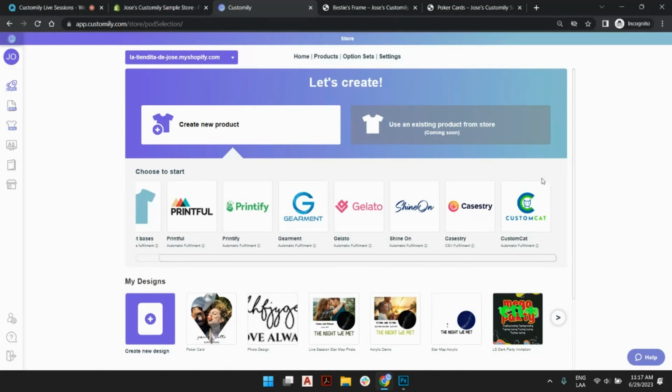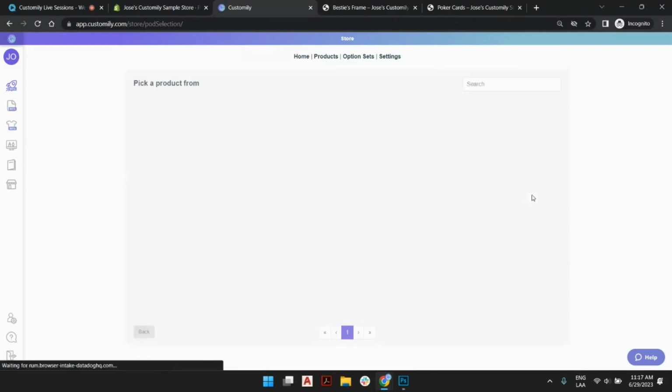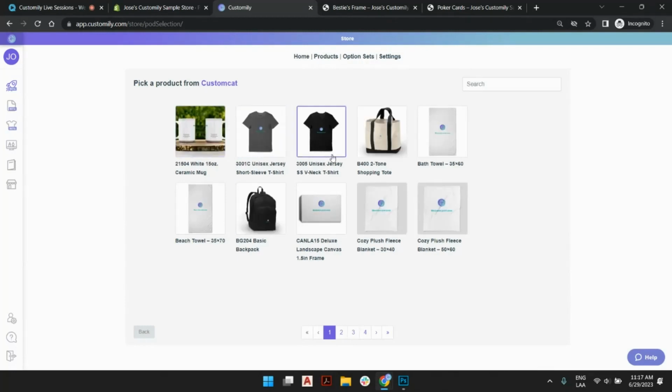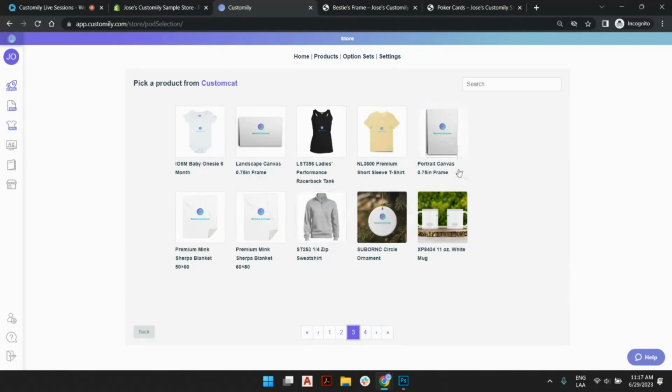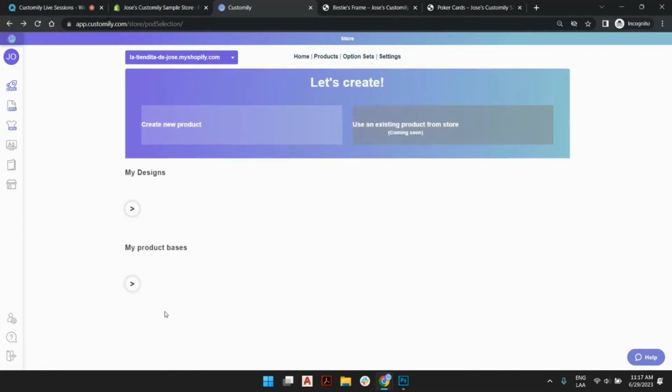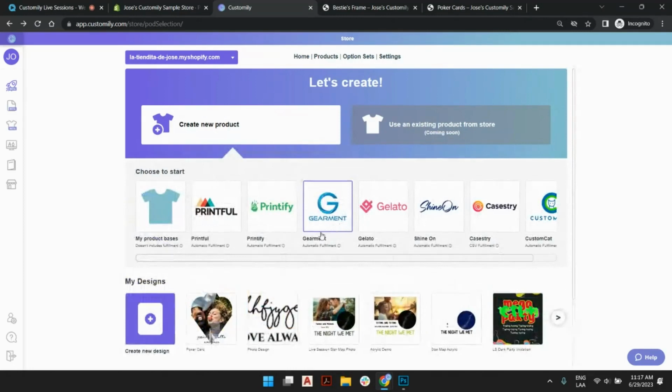How can you make it available? Well, basically, when you click on any of these print-on-demand providers and you see this product catalog, you can explore different options and click on any of these to start creating your brand new product, grabbing the information from their own system. But if you want this to automatically fulfill, meaning that once a product is created and someone checks out and buys that product, the print file will be sent automatically to the print-on-demand provider, you will need to input your API key. So first you need an account with any of these PODs, and then you need to